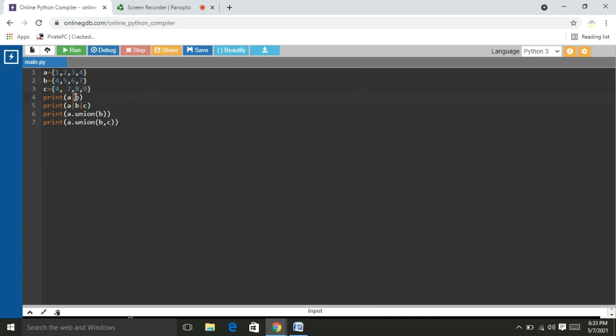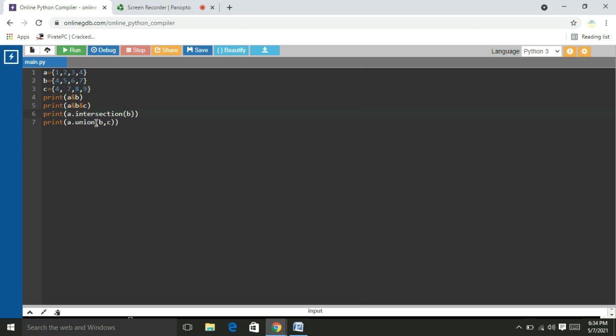I write the intersection between two sets by using the ampersand operator. Between more sets, I keep the ampersand operator between all the sets. So here I write the method between A and B, using intersection instead of union.